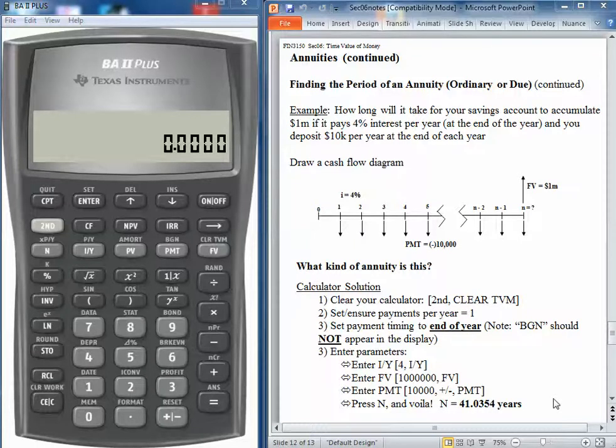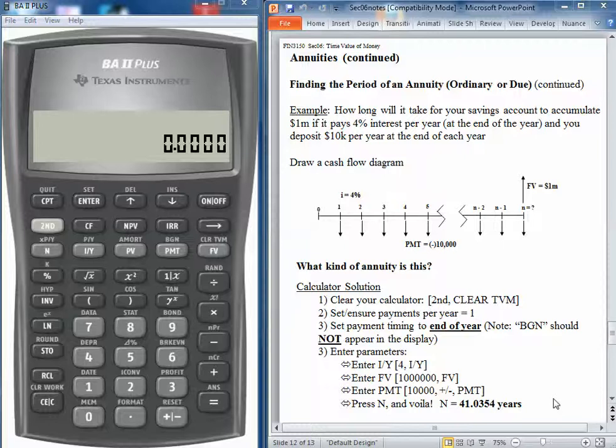In this final segment, we'll look at finding the period of an annuity. This isn't very common because it's typical that you already know how many periods are left in some type of annuity based on payments or based on the payment combination of the interest rate and the current value of the annuity. But in this example, we want to know how long it will take for your savings account to